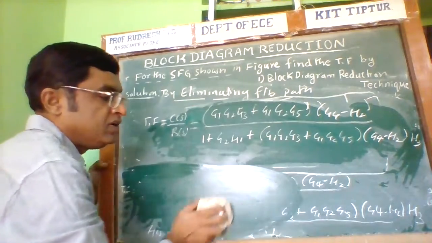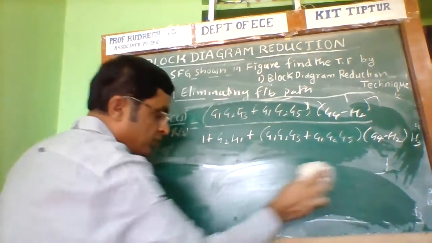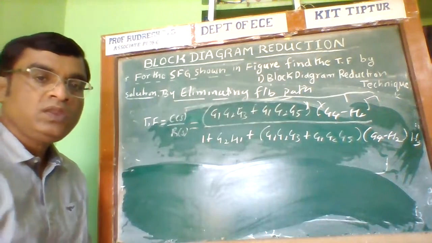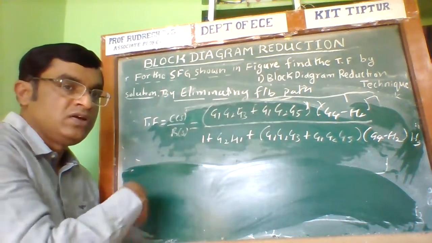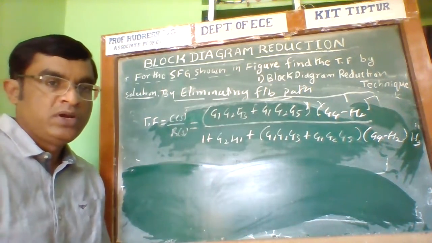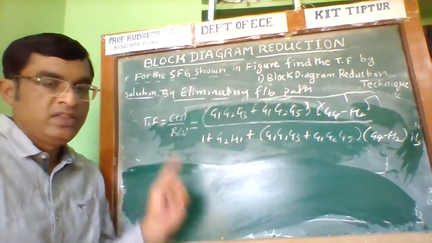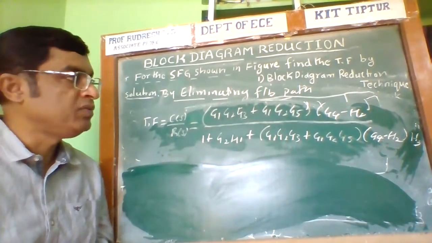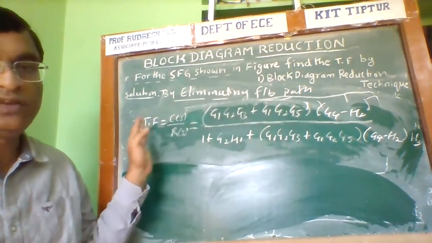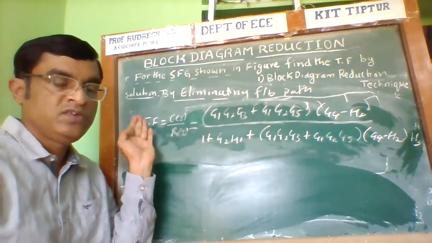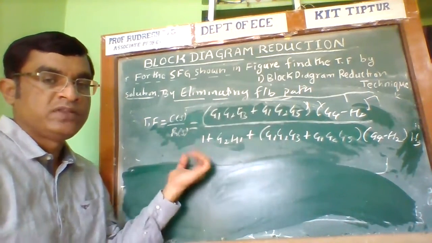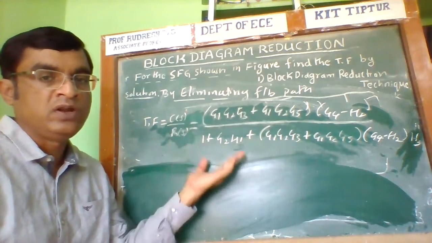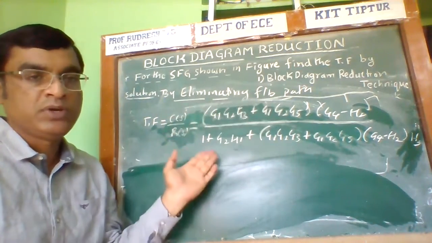system, which is represented in the form of a signal flow graph. So the signal flow graph is converted into a block diagram. Then I go for applying the rules of block diagram algebra. Then you will get the answer. Similarly, you have to apply Mason's gain formula in order to verify this answer. So directly apply Mason's gain formula for the given signal flow graph. Then also you will get the same answer.